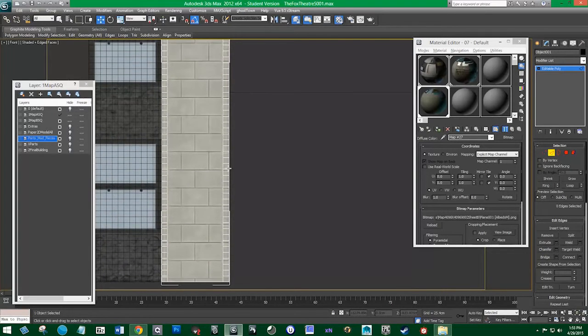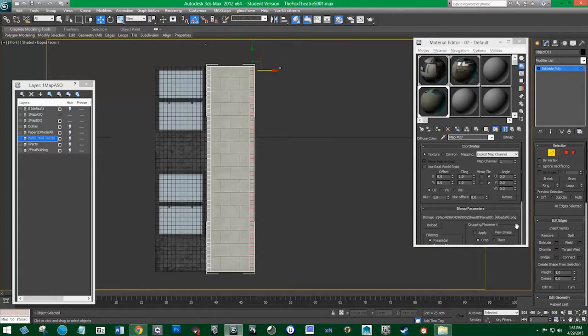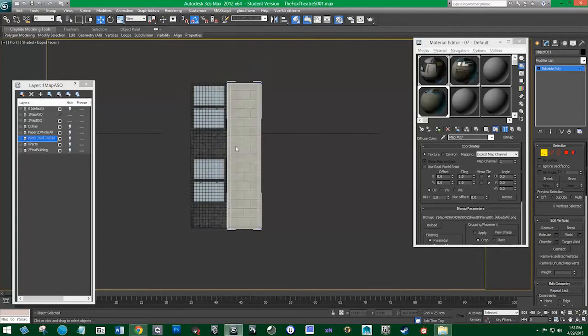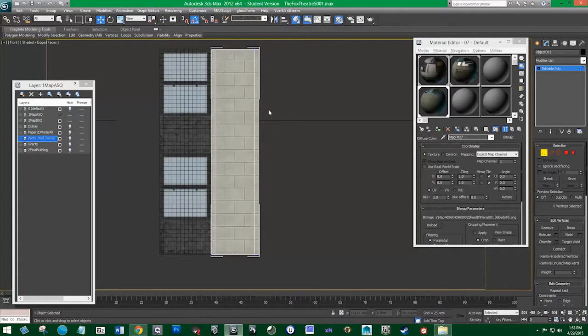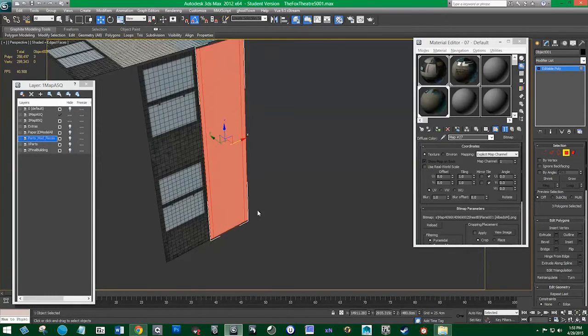So it might be kind of tough to marquee these, but I think we can do it here. And then just hit remove. Remove again. Now let's delete all these extra ones we don't need. Since it's a separate part from this part now that we detached it, it's not going to affect this part anymore. So now let's go to our perspective view,